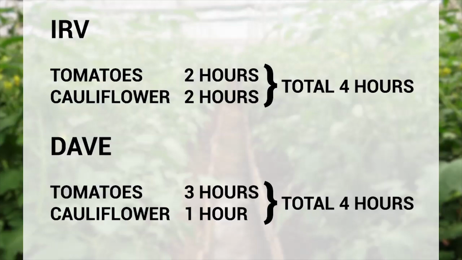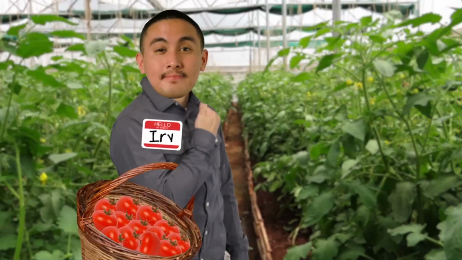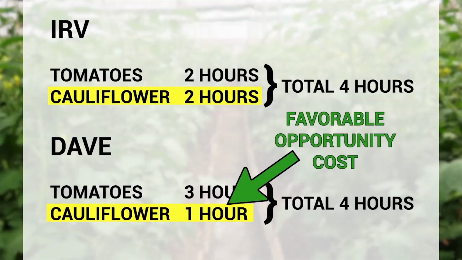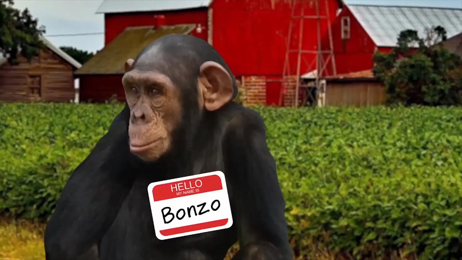All right, well, clearly, Irv should produce tomatoes because he's better at it than Dave is. Dave should produce cauliflower because he's better at it than he is at tomatoes, and well, the opportunity cost works favorably to his advantage there. So yeah, that's comparative advantage in a few different examples, and as Bonzo likes to call it,